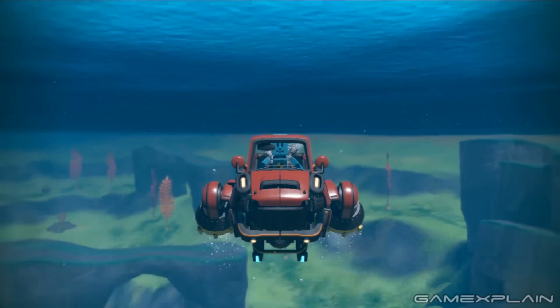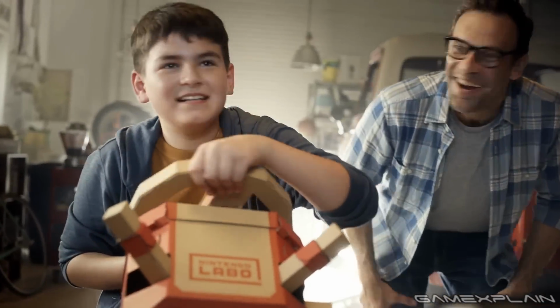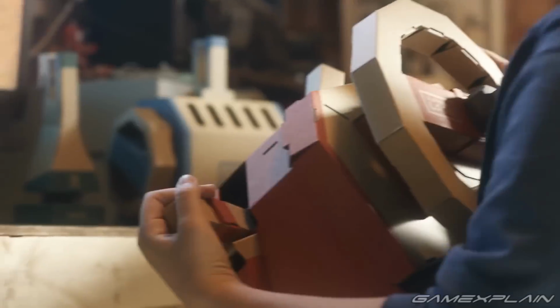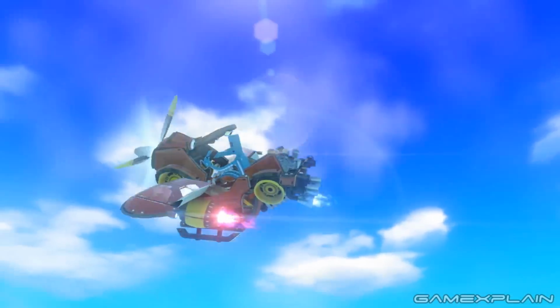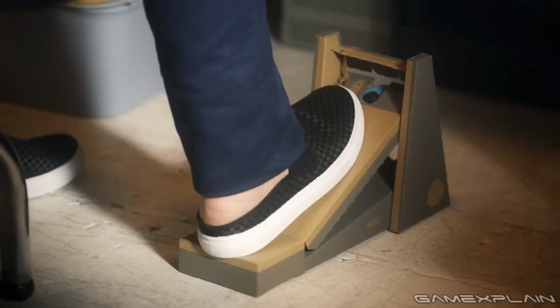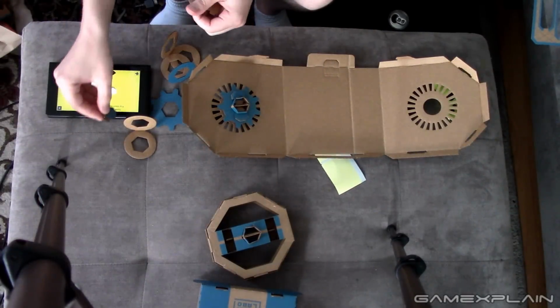Instead, I felt this would be a better way of handling it, like a more casual discussion, particularly with you, because you had experience building the previous Labo kits with me, so I thought it'd be good to bounce off of you, as you may have some idea of what to expect, or what you may want to know about the Labo product. Right. No, my hand still very much remembers that building process and the collective 13-hour stream we did building the first two kits. Well, let me tell you, if we had streamed this one, it would have been very similar, so...